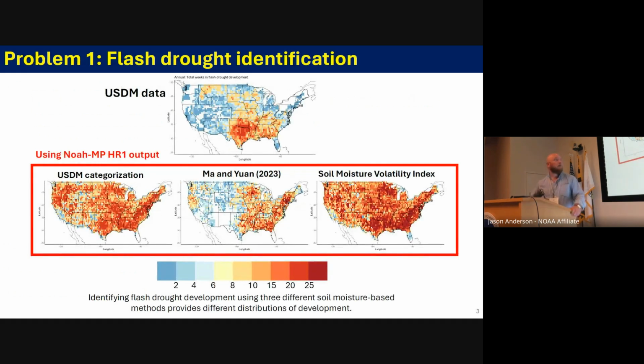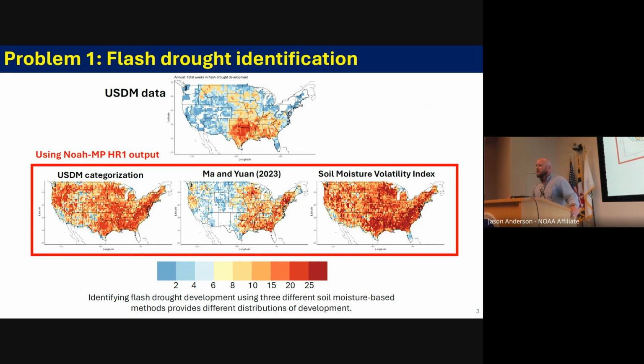So this is what we're going to call our first problem, and that's flash drought identification. I was at AGU this year and was in a couple of flash drought sessions, and I think every single talk had their own method for identifying a flash drought. So it's a very ambiguous thing to define. So if we use the USDM data and we do the